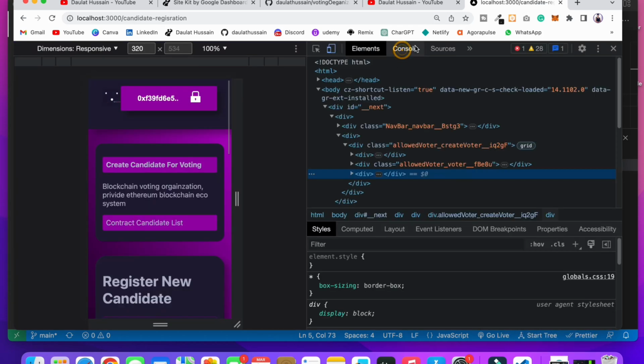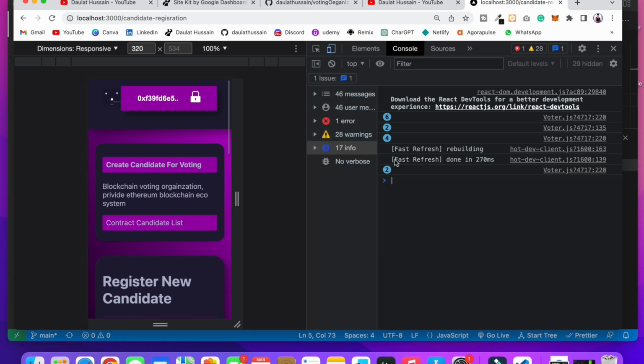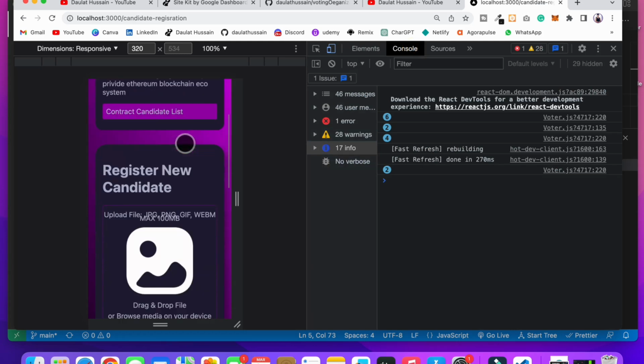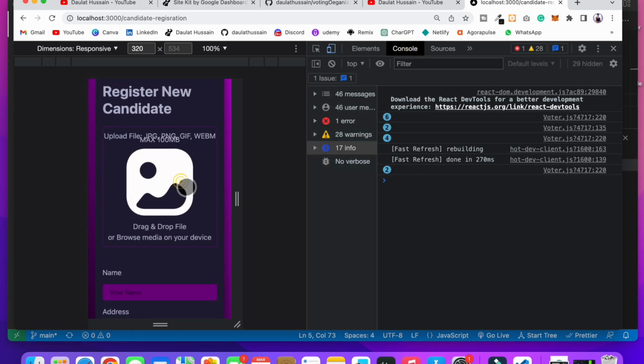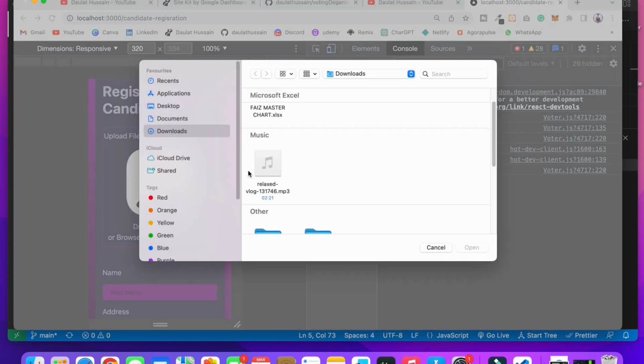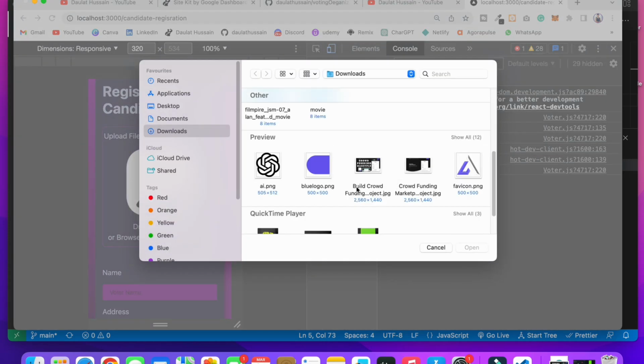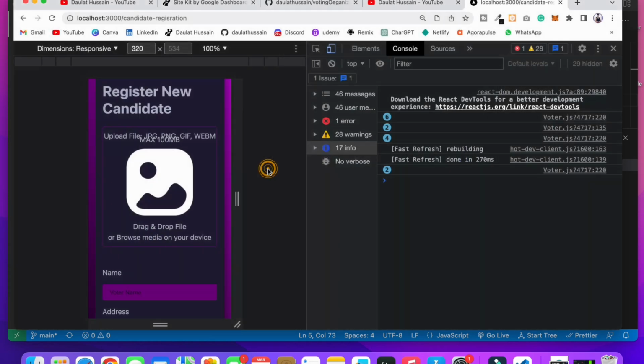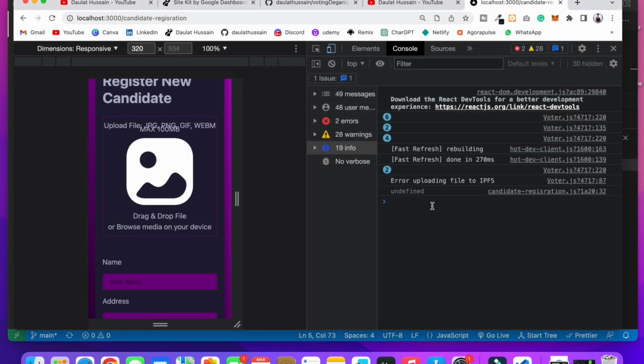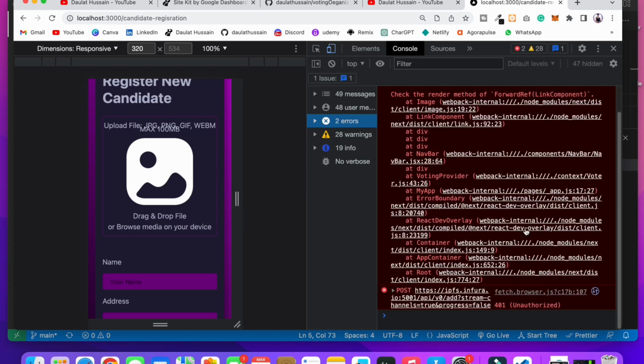Let me open this console, and right now you can see everything's working fine. What I will do, I'll click on this and it will open up my document folder, and if I try to upload an image, I'll get an error. Just wait, and right now we are getting this error message: post request IPFS Infura 401, because earlier Infura allowed us to use